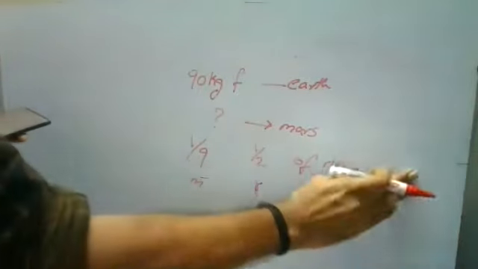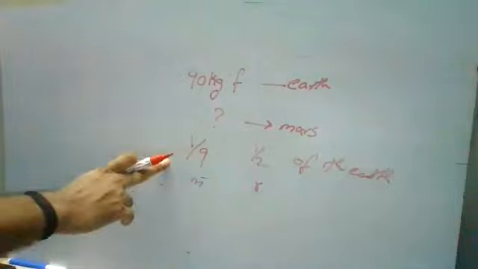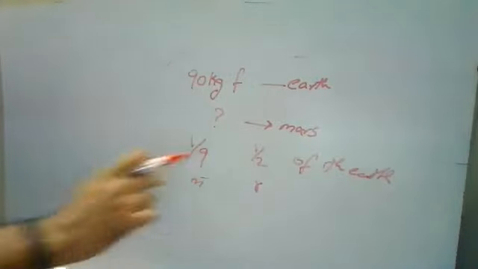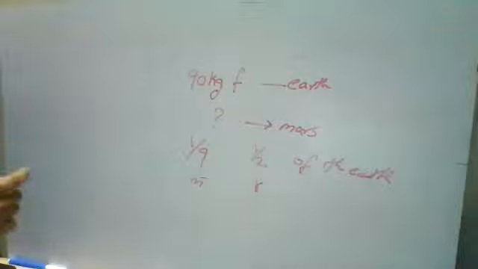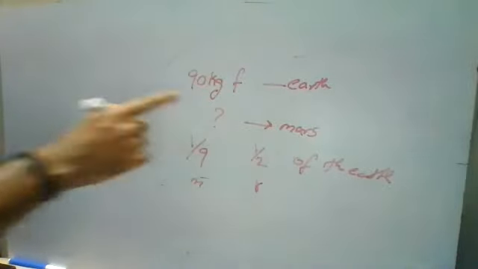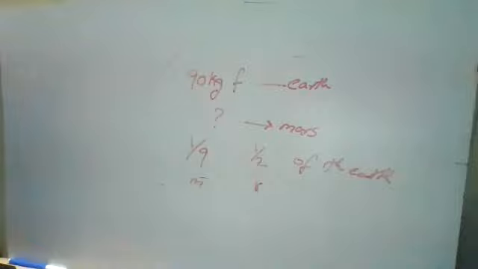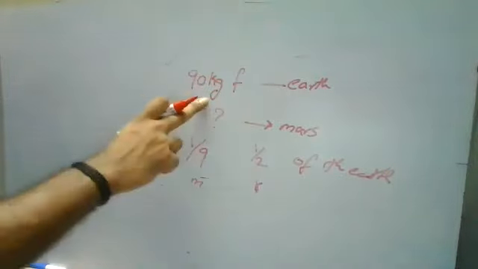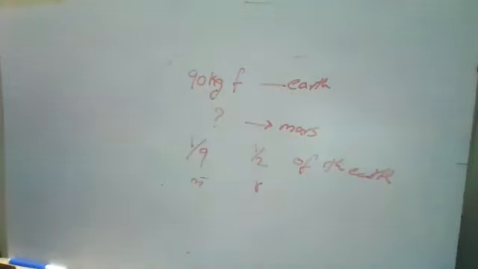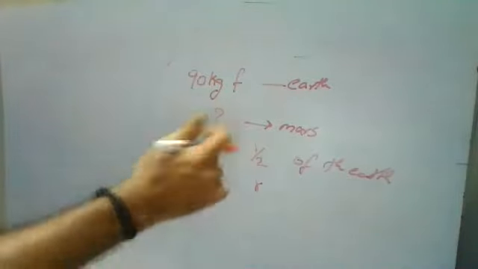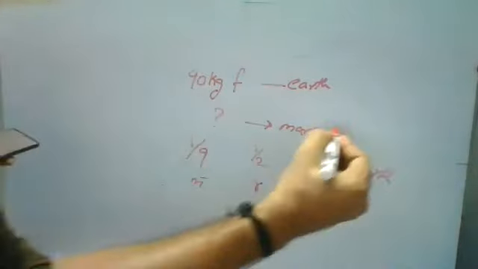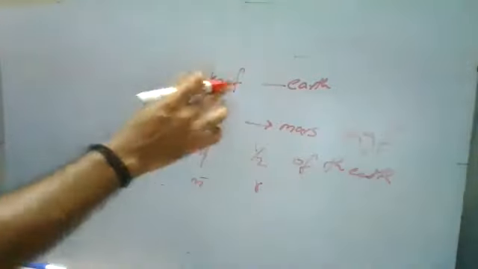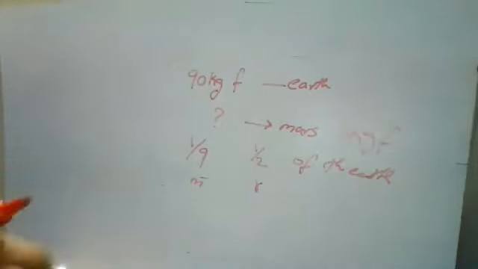So Mars mass and radius are 1 by 9 times and 1 by 2 times. Okay, now let's see the relations. So we already know, when we were discussing this, here we found out the mass, correct? So first of all we'll see the weights. Remember, here they have given kgf. So it is kg into 9.8 is your weight. But at the end the unit comes in kgf, so no need to convert into newtons. That means there is no need to multiply by 9.8. We'll directly take the relations.